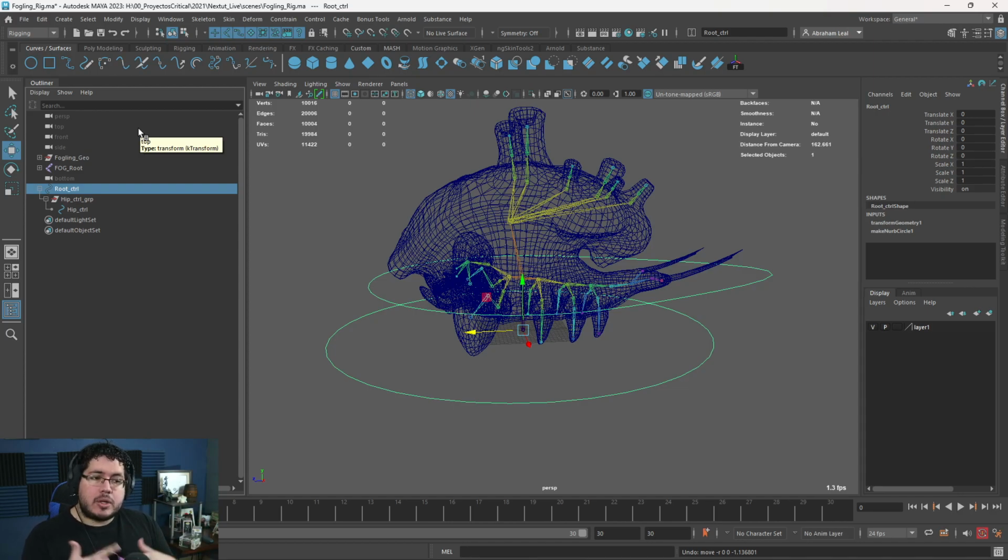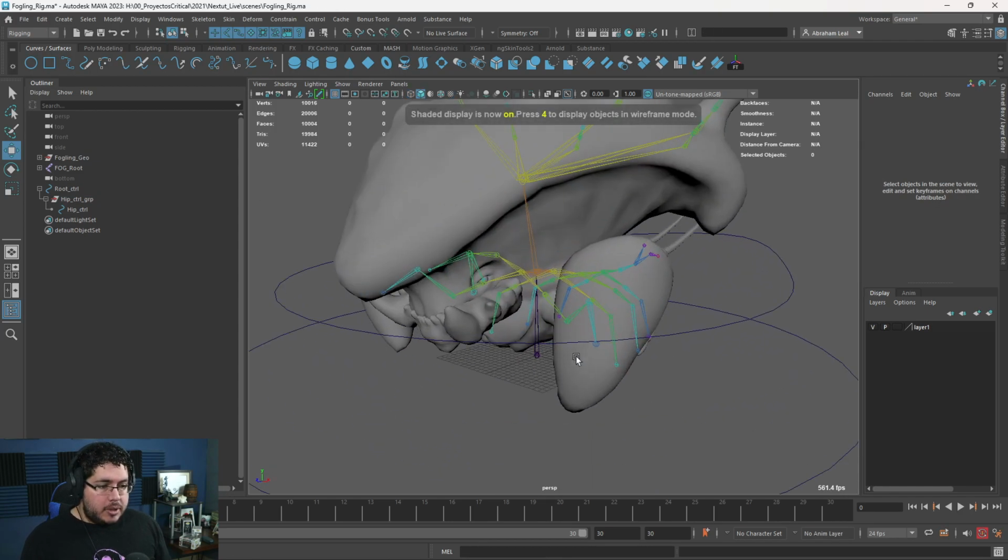And this is one of the reasons why we can't export this to other software, because the constraints inside of Maya only work inside of Maya. If we export this into Blender or into Unreal, the rig, the controllers break. The skin and the joints remain, but everything else breaks, and we need to rebuild it pretty much. So there we go. That's it.